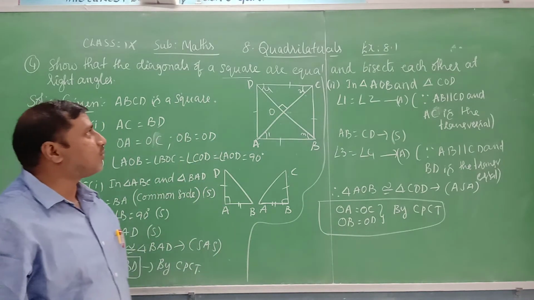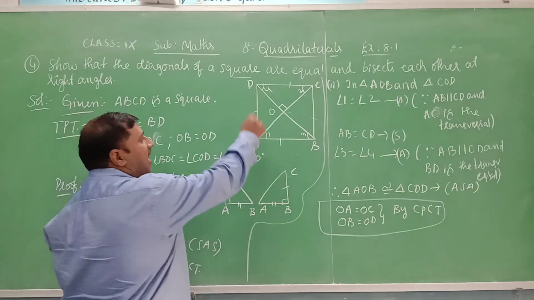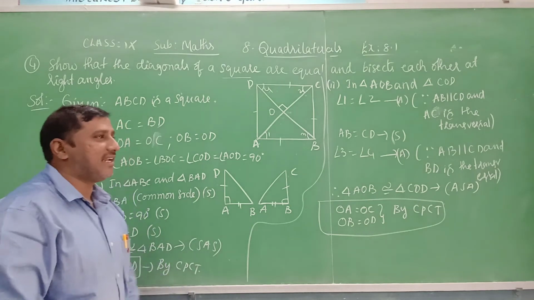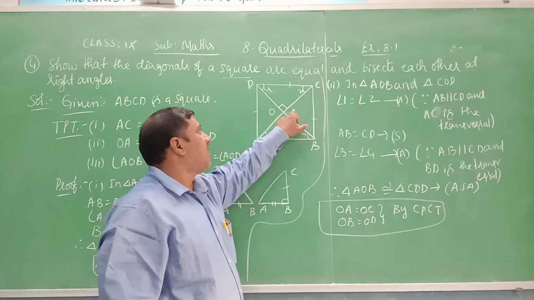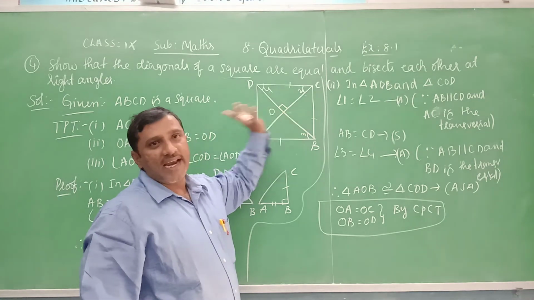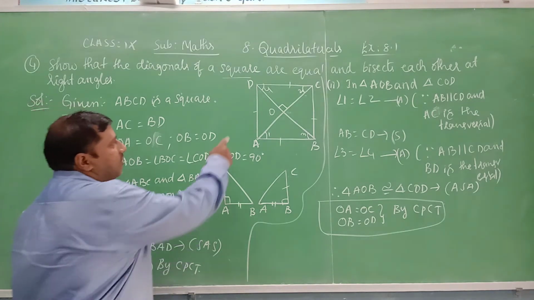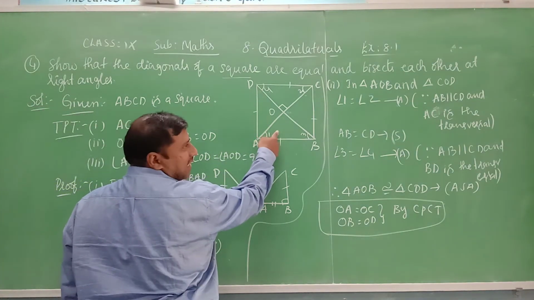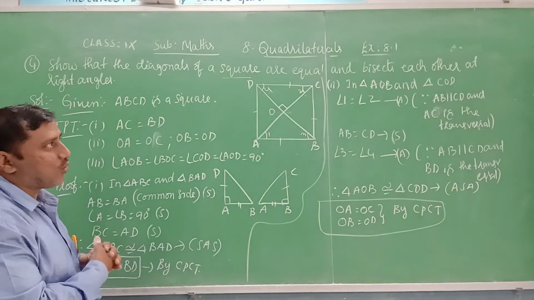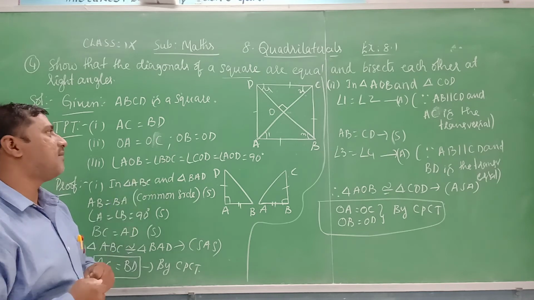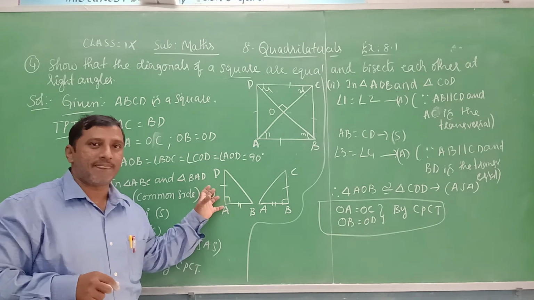equal. Next we have to prove the two diagonals bisect each other at right angles. That is angle AOB, you have to prove 90 degrees. If you prove it is 90 degrees, the vertically opposite angle is 90 degrees, the linear pair of angles is 90 degrees, again this is 90 degrees. So next, to prove the second identity, take two adjacent triangles, either these two or these two, any two triangles you can take, and if you prove that the two triangles are congruent, then we can prove that angle AOB is 90 degrees. Is it clear, children?